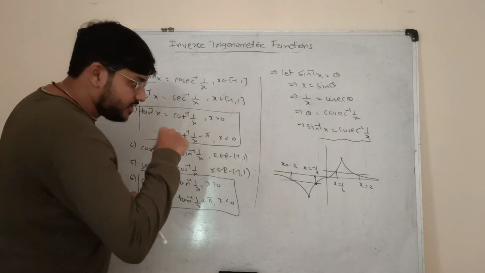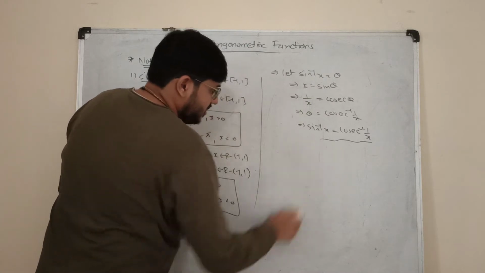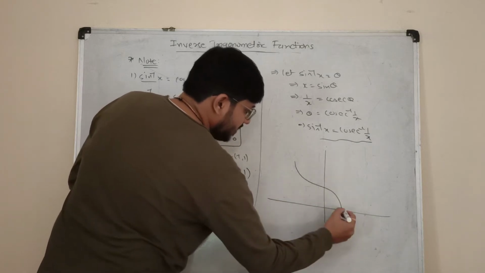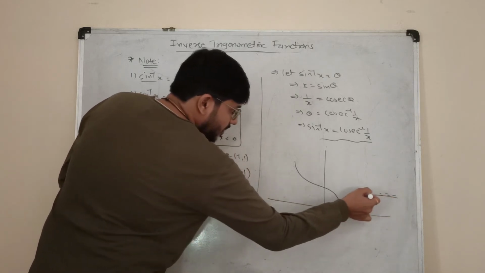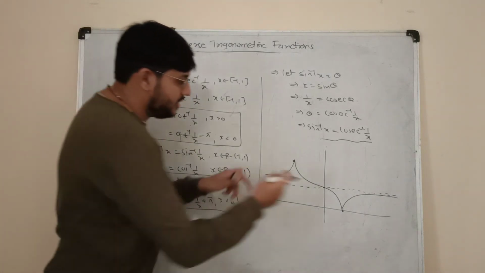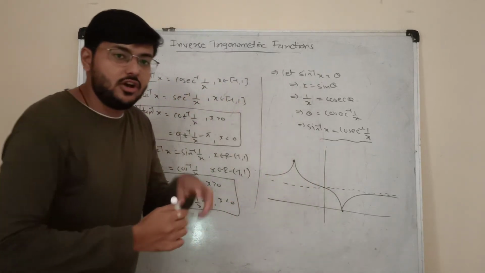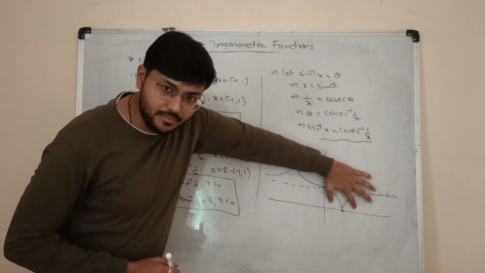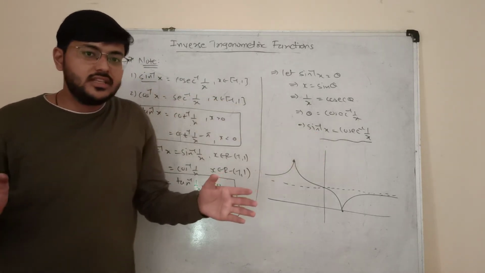If you understand this, plot similar conditions for sec inverse and cos inverse. So this is the graph of cos inverse and this is the graph of sec inverse. Similar conditions we can obtain for sec as well as cos also. Both will give us a positive answer in the first quadrant, which is 0 to pi by 2, and both will give us the answer between pi by 2 to pi for negative values. So there is no difference in the range.